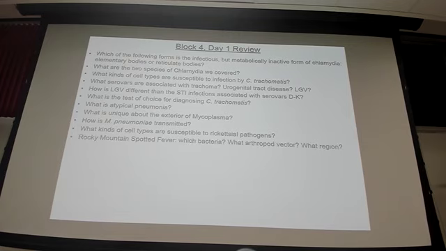Okay, RMSF. You guys remember, this is a hard one: what bacterial species causes Rocky Mountain spotted fever? Yeah, it's the redundant one, Rickettsia rickettsii. What arthropod vector carries this bacteria? The American dog tick, yeah. You know the scientific name of the American dog tick? Yes. Dermacentor variabilis, that's the east coast one. I think the western states have Dermacentor andersoni.